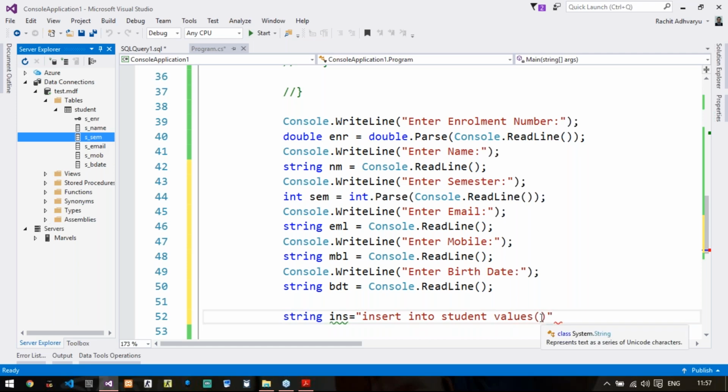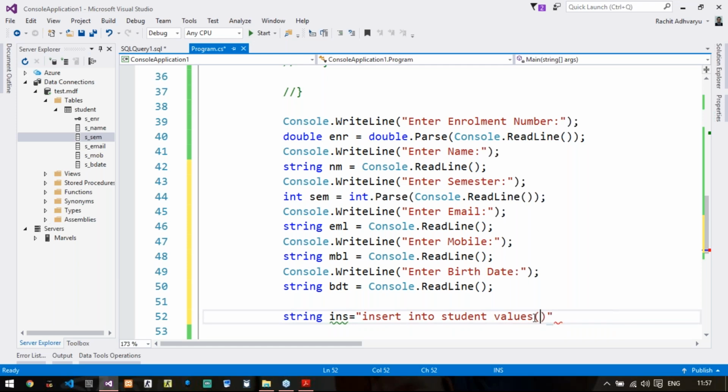That is what you need to remember. So now in the values, my first column is ENR. So no single quotes, only double quotes, and plus, and put ENR, comma. For name, it is a varchar type, so single quotes, double quotes, and plus, and the variable is NM. Next is semester, integer type, so no single quotes, only double quotes, plus, and the variable is SEM actually.